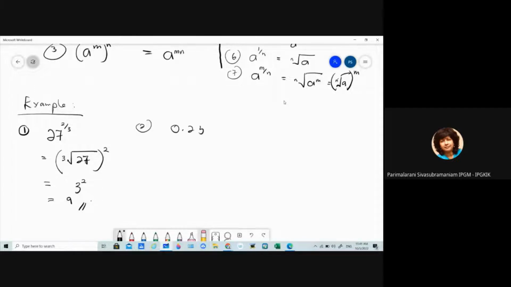0.25 to the power of 3 over 2. When you have a decimal like this, it's easier to change it into a fraction. So 0.25, if we change it into a fraction, it becomes 0.25, 2 decimal places. Therefore, this is actually 25 over 100. We can simplify 25 over 100 to 1 over 4 to the power of 3 over 2. Therefore, this is